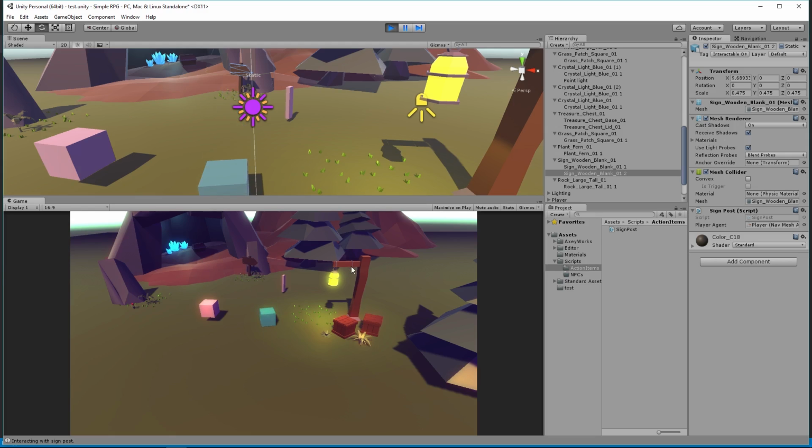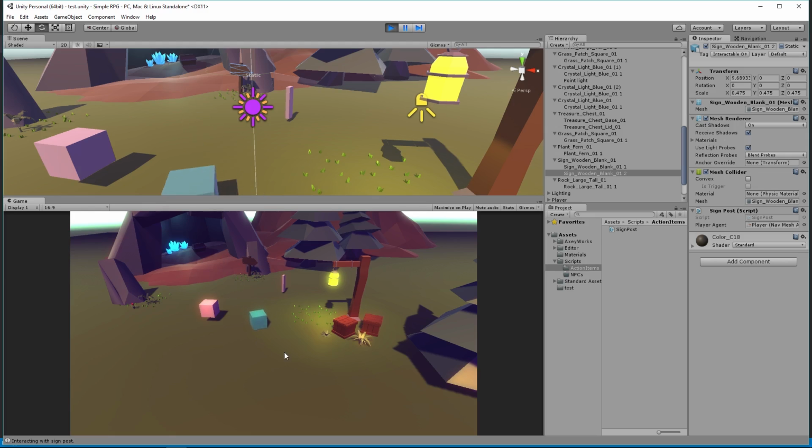Now all I have to do is make a few different ones and make the actions for them, like what they do. Like a signpost would set up a dialogue, a treasure chest would give us items. But those all come whenever we have those systems in place. Like the next part, we're going to work on the dialogue system. So once we get that in place, then we can set up the NPC to talk to us, set up the signpost to tell us some stuff, and so on. We'll get the inventory in place, then we can have,